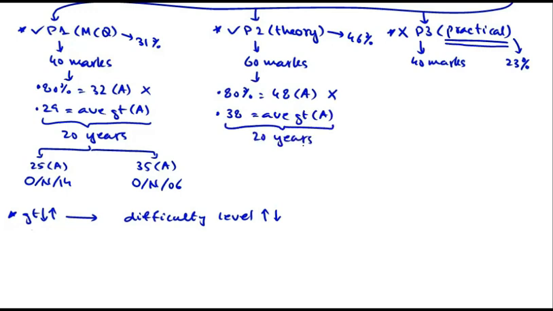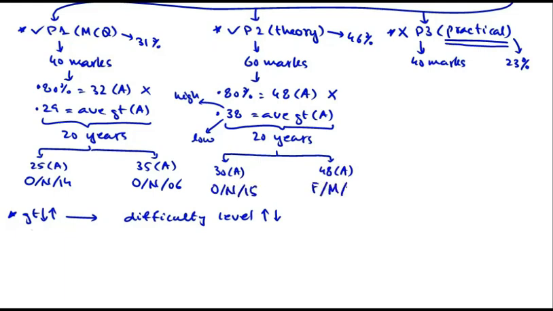Now, just like paper 1, the grade threshold for a given grade in paper 2 is also not fixed. It also varies with the difficulty level of the paper. It is low for a difficult paper and high for a relatively easy paper. For example, in the past 20 years, the lowest grade threshold for an A grade in paper 2 has been 30, which is just 50% of the total marks. And the highest grade threshold for an A grade in paper 2 has been 48. Students, 30 was the grade threshold for an A grade in paper 2 in October/November 2015 and 48 in